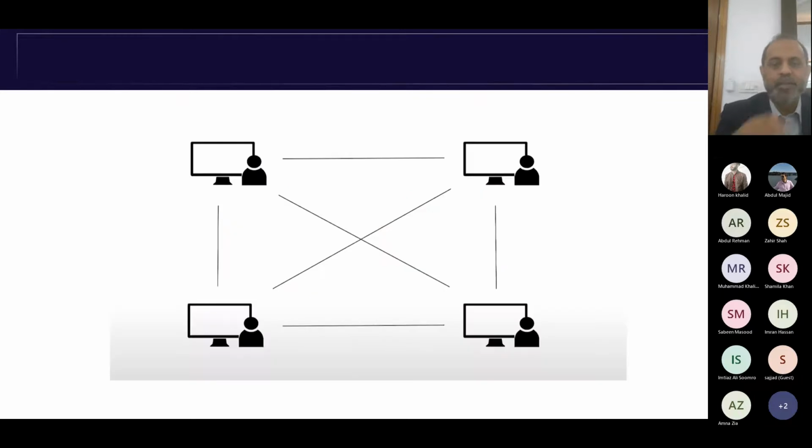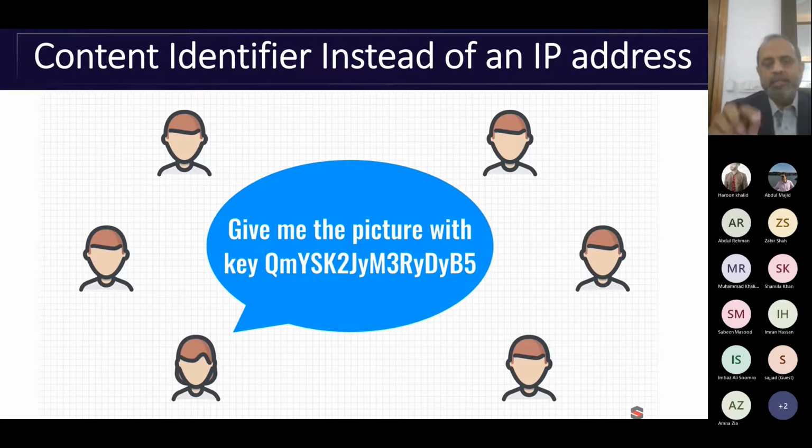So the hash is important. It takes the hash, and now there is no central location. It's a hash and you can just spread it over. So how will this look? It will look the way you give an address, like go to this folder, from this IP address pick up this file. So you say give me the picture with this key. So this is the hash of the